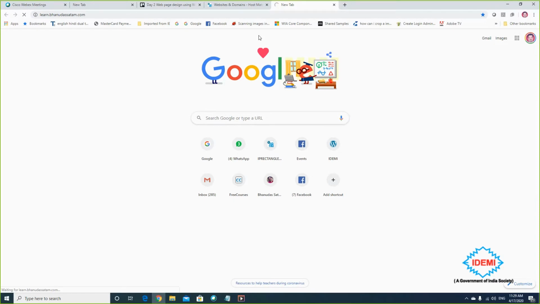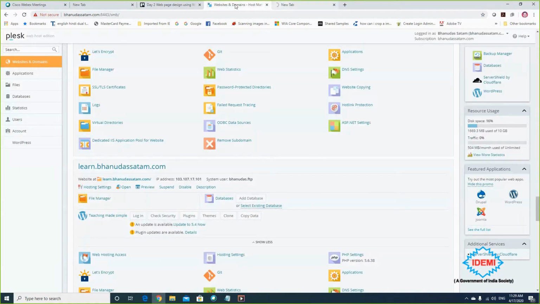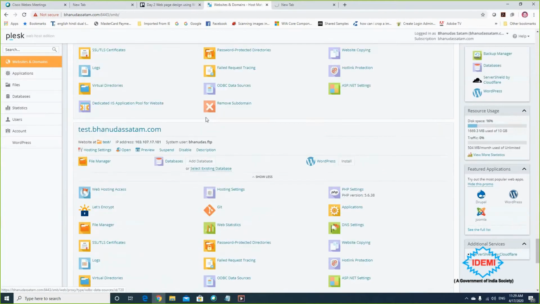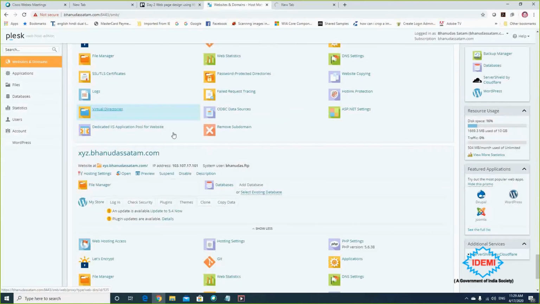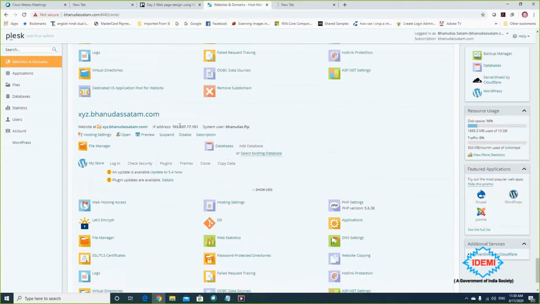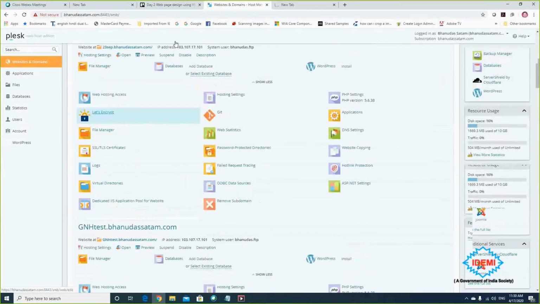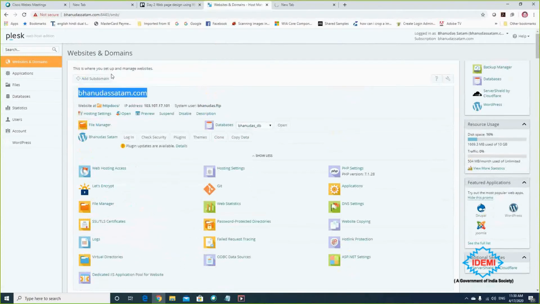And there is also my subdomain where I keep some files, and you can create n number of subdomains here. So what I'm doing right now, I'm choosing adding a subdomain. That subdomain installation I'm showing you, but you don't need to create a subdomain.